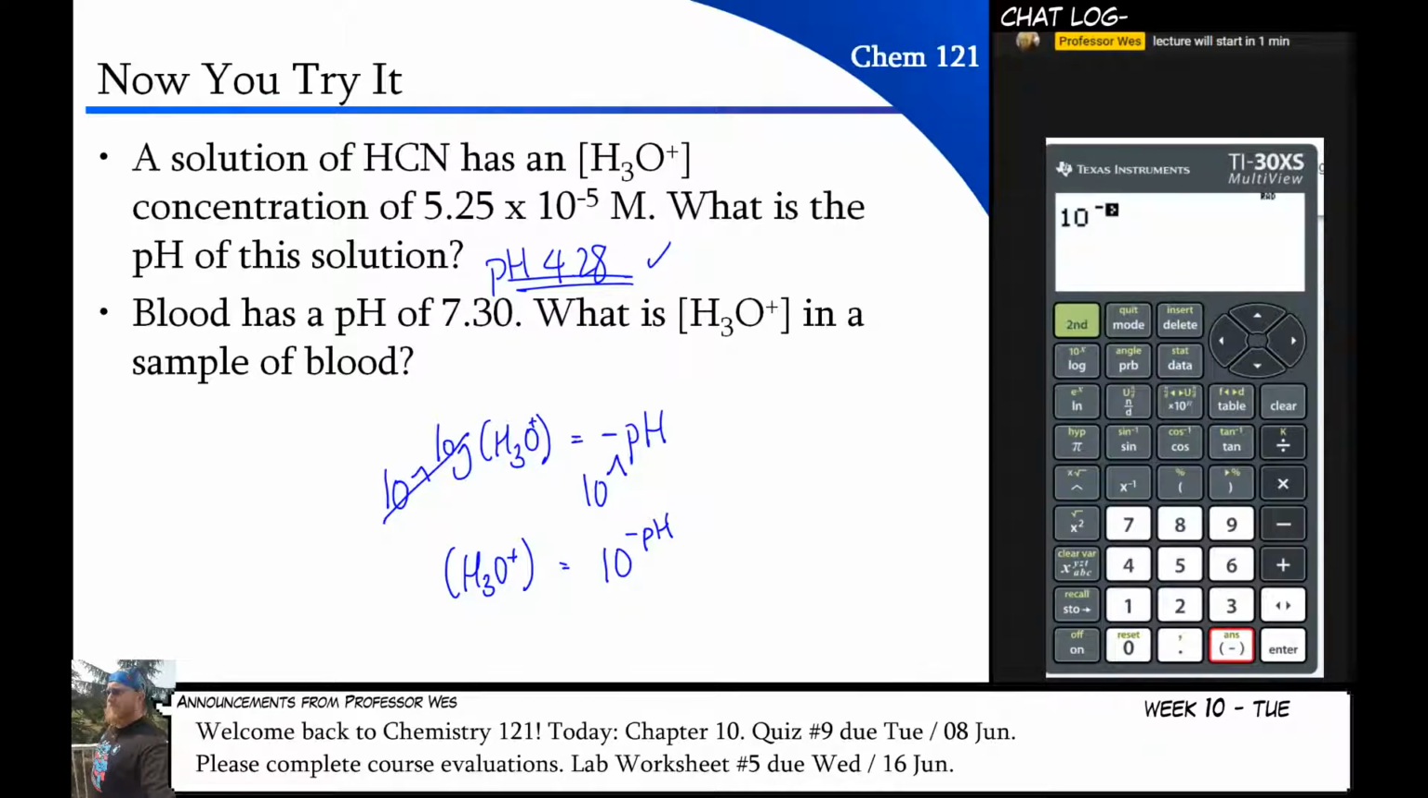negative pH. And so what's the pH of blood? 7.30. And I get this as my answer. And we're going to do this to that. There. Just to get more sig figs, because I just happened to run off the side of the screen there. So my concentration of H3O plus in the blood must be 5.01 times 10 to the minus 8 moles per liter